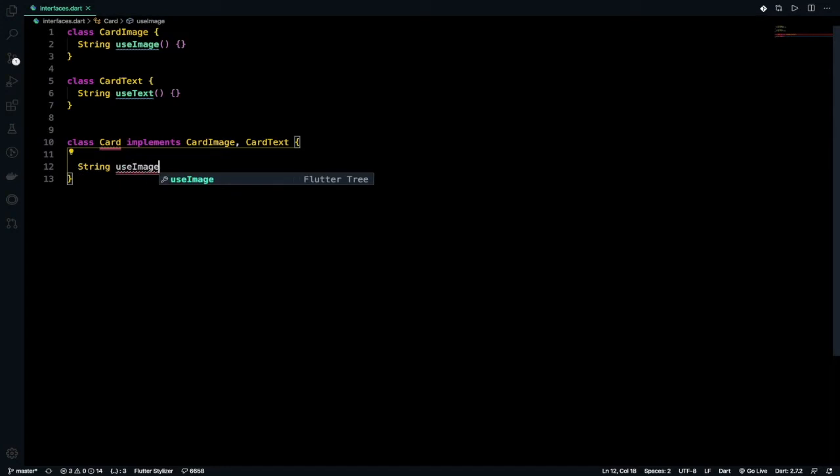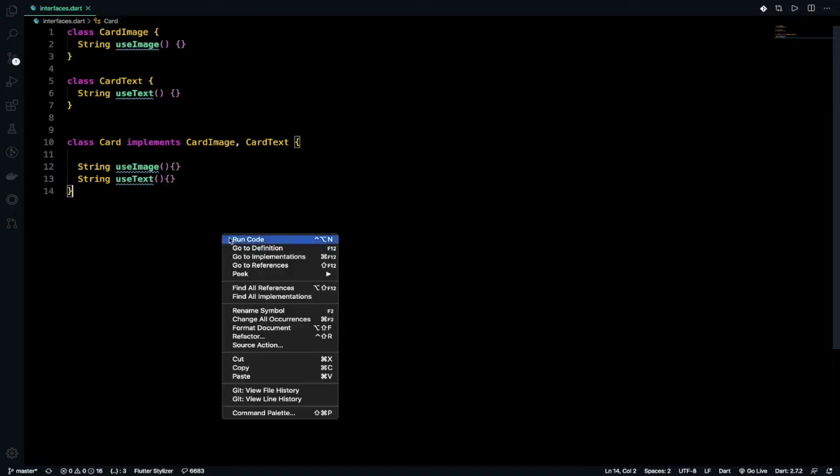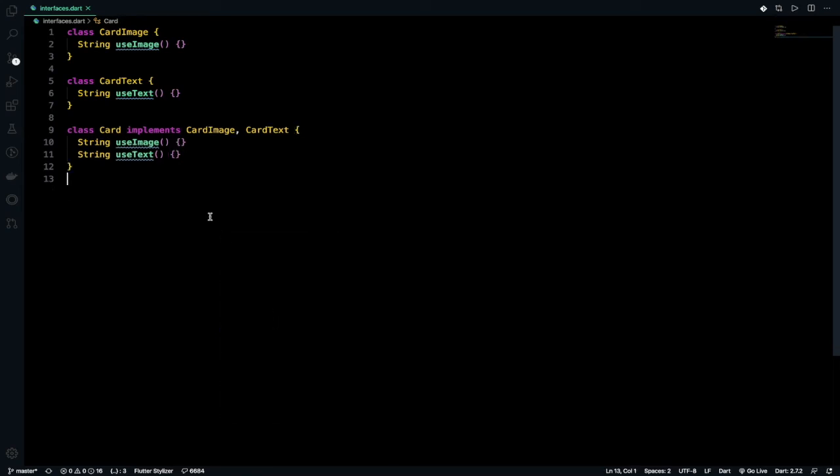Use image, done, and then use text. See, the red squiggly line is gone, and I hope you are understanding this. Now we want to implement these methods.